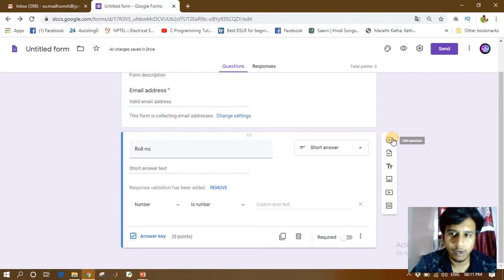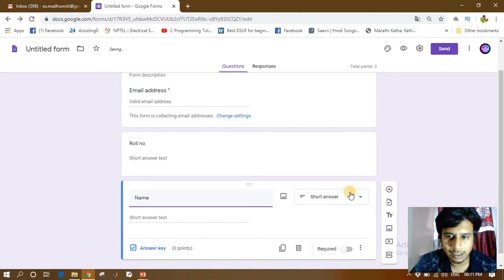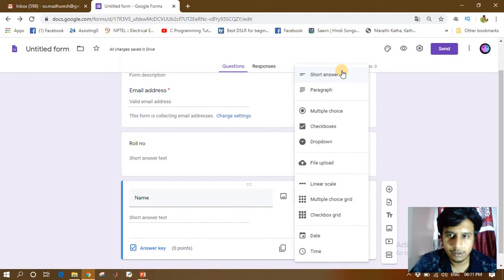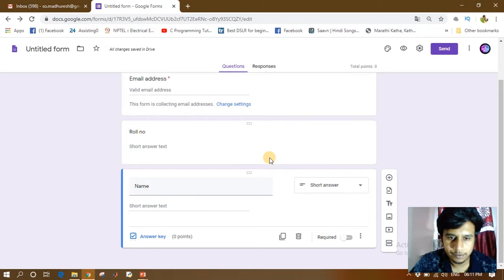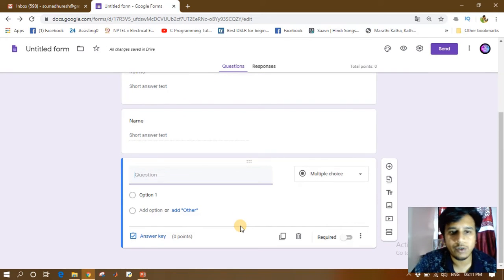Now what we require is their names, so we'll write name, and again it is a short answer, so we'll select short answer, and it is a text, so here we are not going to select the number. So now from here we can start writing our questions.